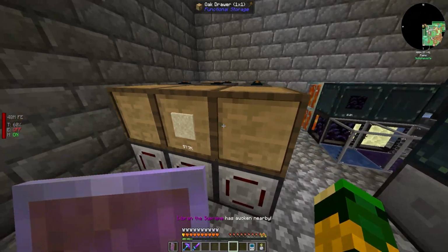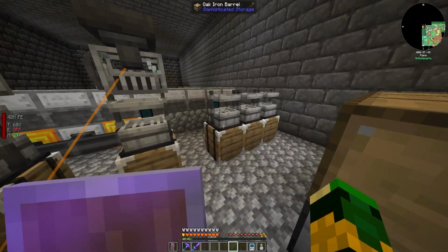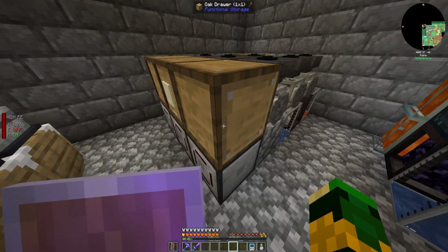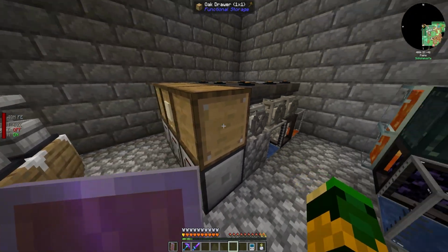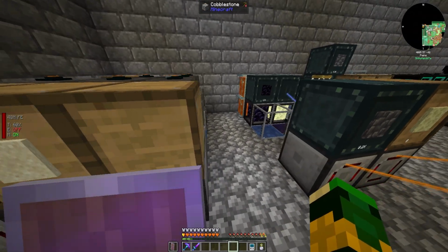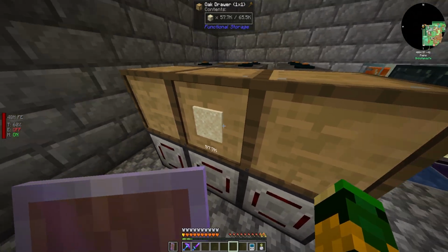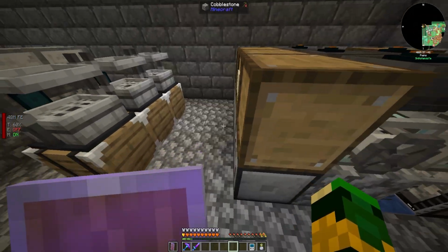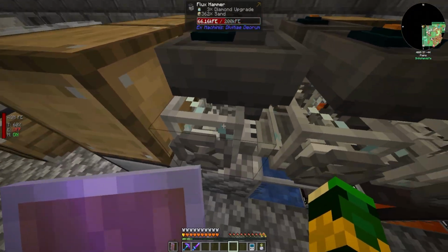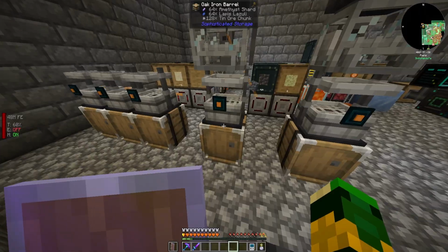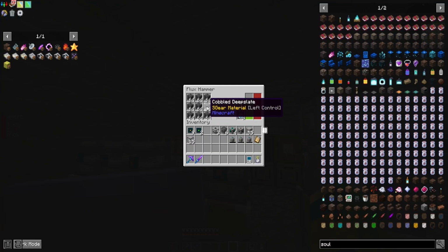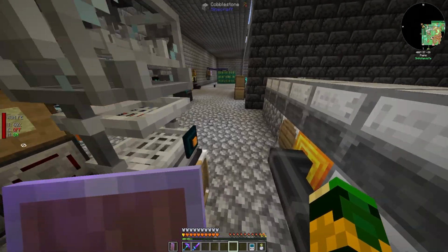Now this one is doing the dust, and you can see we're not keeping up with the dust from the production of it. But if we wanted to make the dust, we could. Otherwise, I think what we could probably do is pump in the sand into only one of these, and that might be okay, right? You also see over here we don't have deep slate. We have deep slate going on there. We have endstone going on here.